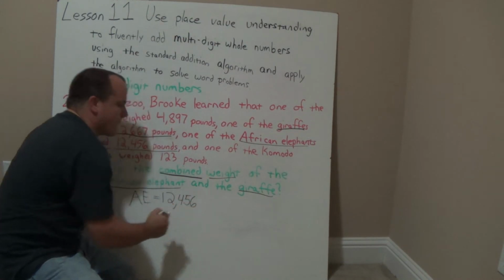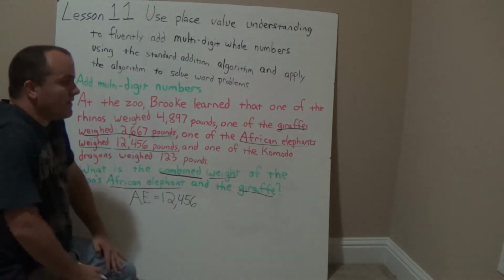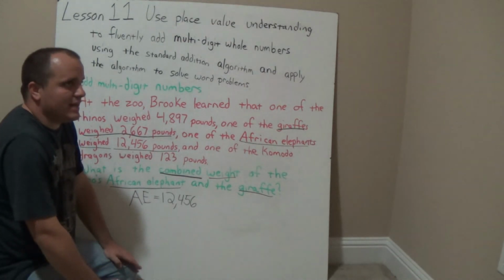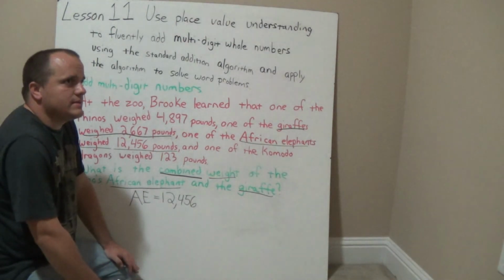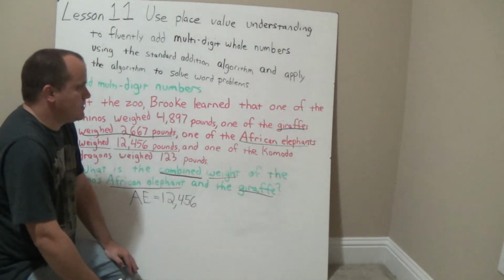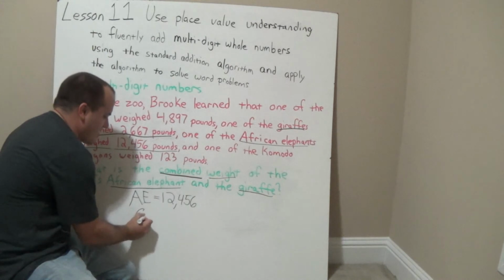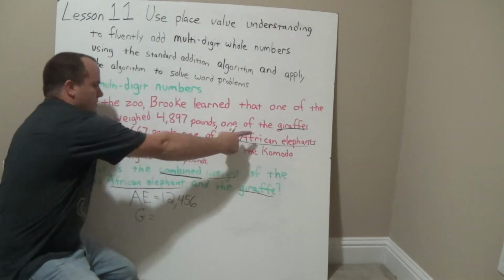12,456. And we need to find the giraffe. Let me think, what would be a good thing to abbreviate giraffe with? Not an A, not a B. Why don't I do a G? Why? Because it starts with a G. So I'm going to put a G for giraffe equals, the giraffe weighed